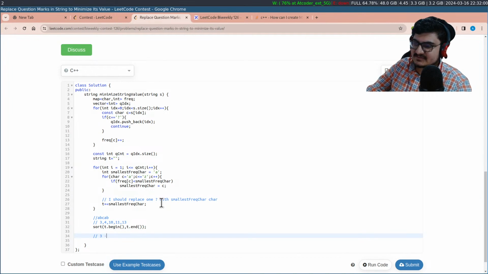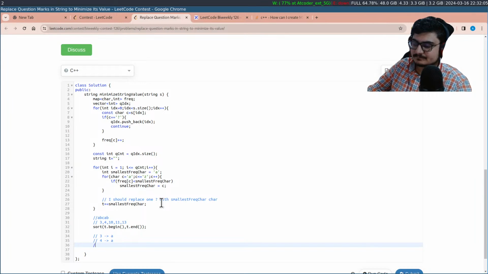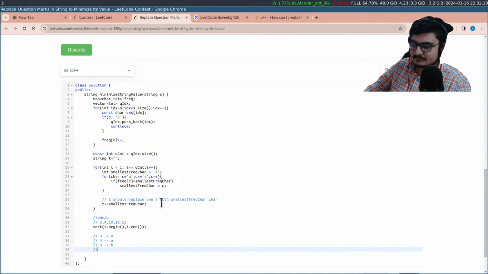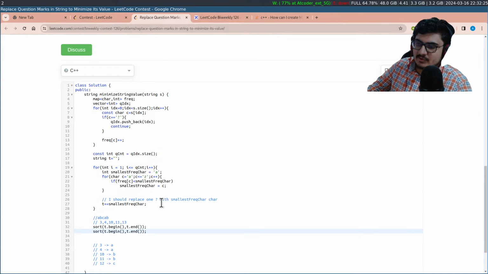Then I should replace 3 with A, 4 with A, 5 with B, sorry, 10 with B, 11 with B, 12 with C. Although I don't need to sort it because I have pushed elements in the increasing order, but